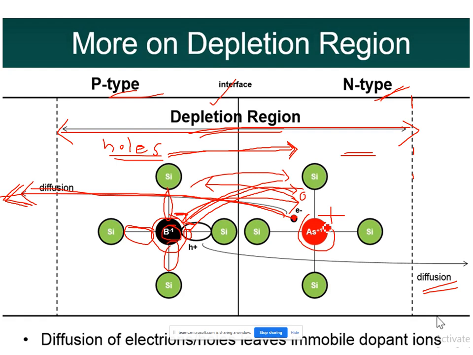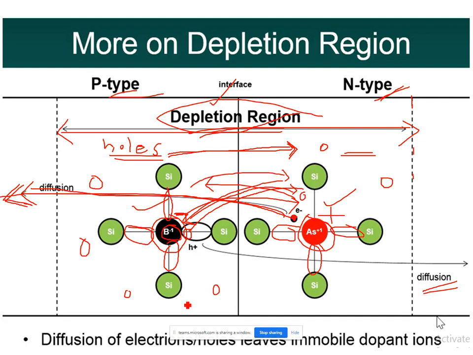And to be very clear, ions are immobile, they can't move. Why? Because they are already bound by the surrounding silicon atoms, right? So what we are seeing here in the depletion region is, I have taken the example of only one boron and one arsenic, right? There are so many immobile arsenic ions, and there are so many immobile boron ions, right?